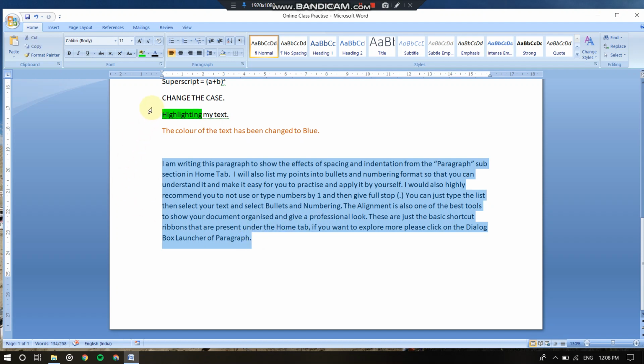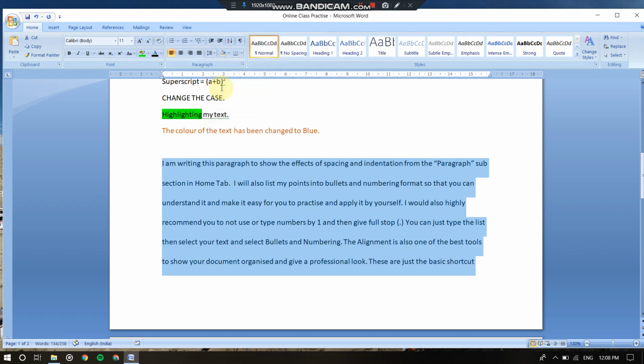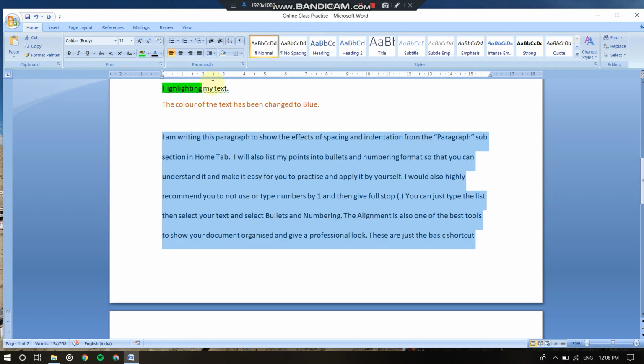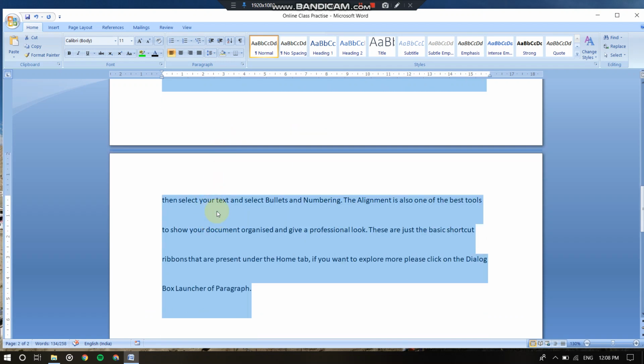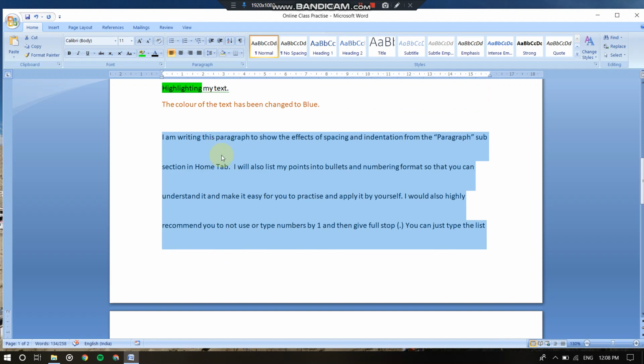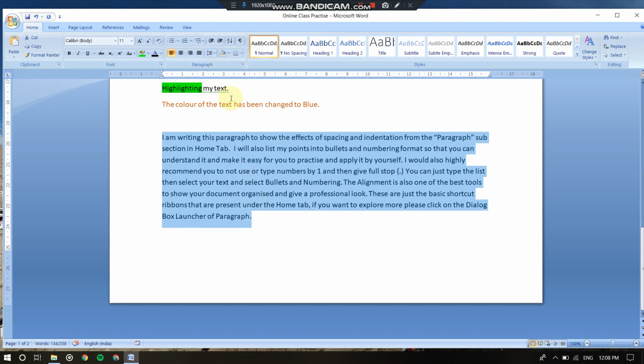Select a paragraph, and the space and indentation is line spacing. This is my paragraph, and I want to give the space as 1.5, okay, so this is the space that I've just added, or 2, as we'll extend to the next page, or maybe 3, and if we give 3 inches of space between each line in your selected paragraph. Okay, so I want to give it 1, or say for example I want to give 1.15. Okay, this is the line spacing that you have just done. That is, you are giving the spaces between the lines of your text or your paragraph.